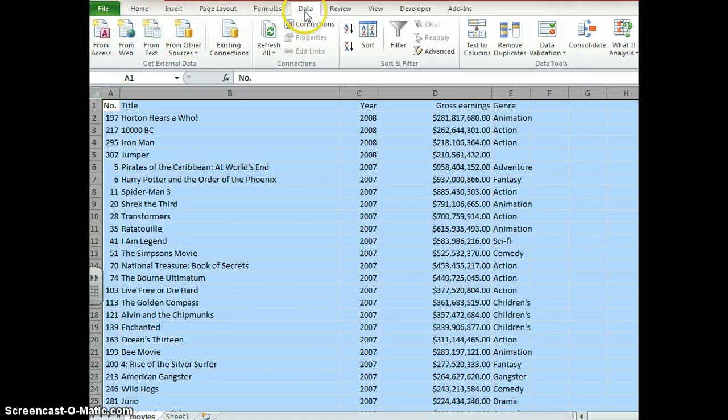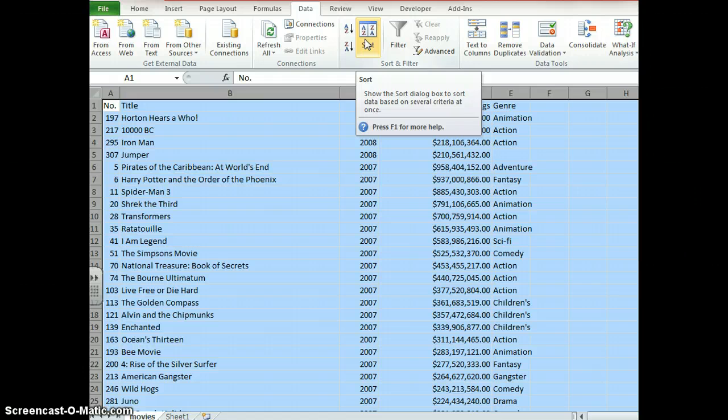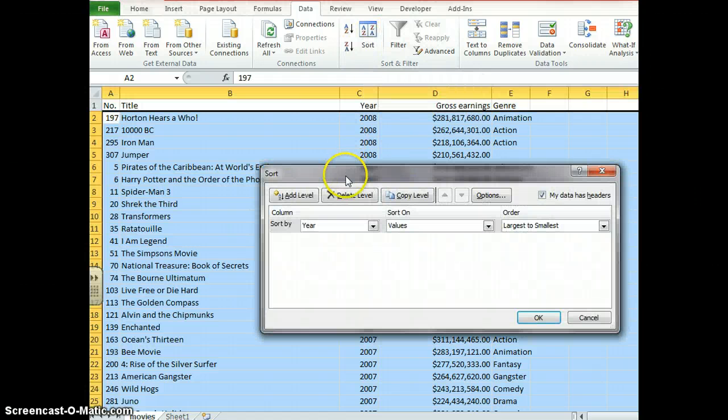Then I make sure I go to the Data tab to have this ribbon, and within that ribbon there's a sort tool. I click on the sort tool and this command box comes up. I check that my data has headers has been ticked, because this allows me to look through the columns or fields with their names. So I want to sort by the year, which film is the oldest in the database. So I choose year, and to find oldest I want to go from smallest to largest, and I press OK,